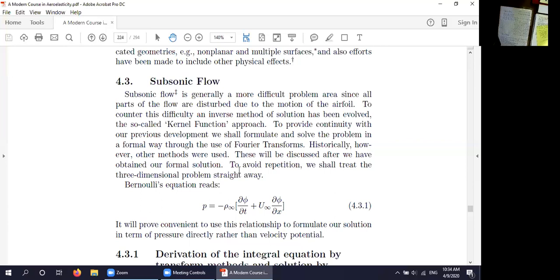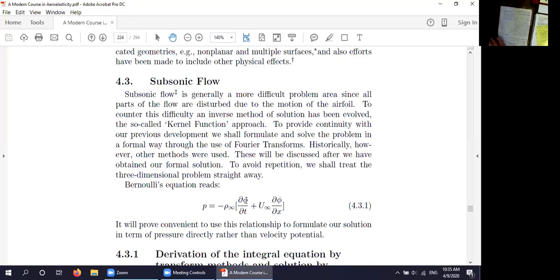So what people have done is they've come up with what I'll call an inverted integral equation, where the thing we really want to know, namely the pressure, is under the integral, and the thing we actually know on the wing at least, namely the downwash, is outside the integral. So let's see how that works. So here's Bernoulli's equation. This is the linear relationship between the perturbation pressure and the velocity potential.